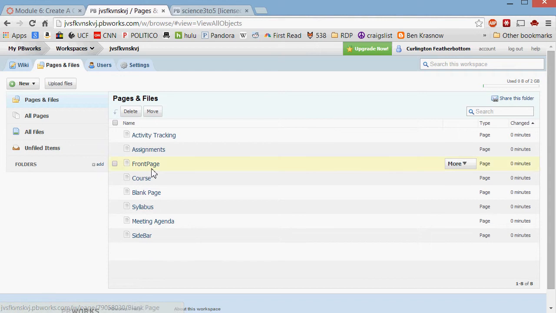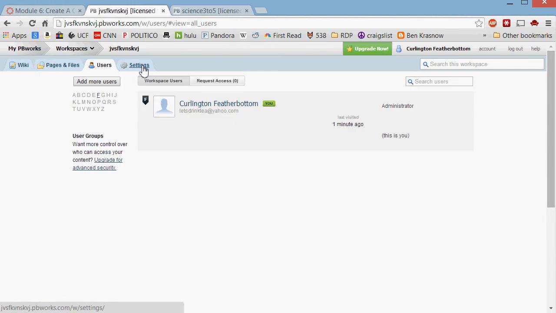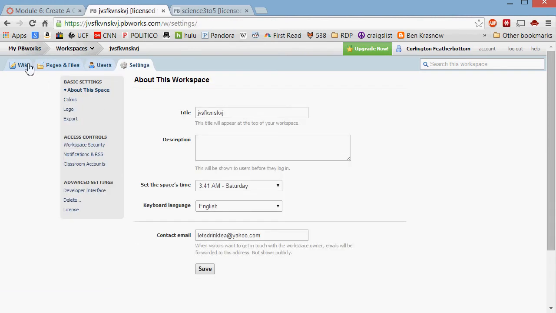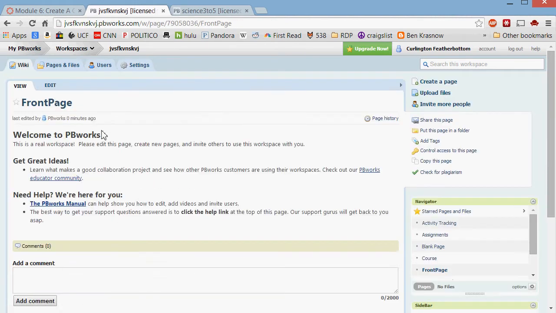This is a way to see all the different aspects of your wiki that you create. These are the ones that it starts with. You can delete these, or you can modify them and use them as ideas and change them however you want. Any users that are assigned to this will be there, and then any settings. So go back to the wiki page tab there, and on the side you have the option to create a